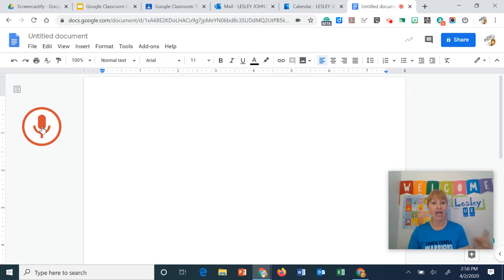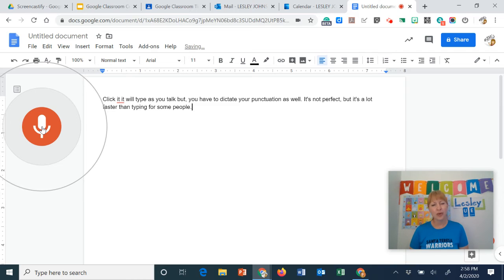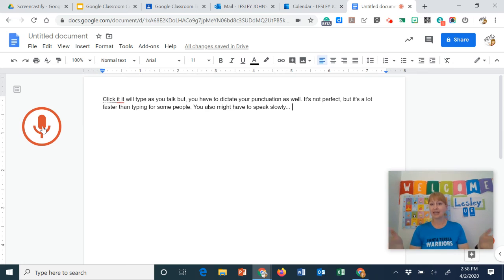You click it, it will type as you talk, but, comma, you have to dictate your punctuation as well, period. It's not perfect, comma, but it's a lot faster than typing for some people, period. You also might have to speak slowly, dot, dot, dot. Oh, it does the ellipsis when you say dot, dot, dot. Cool. Okay, so then to stop, you just click the microphone again, and I can do Control-Shift-S, and it will